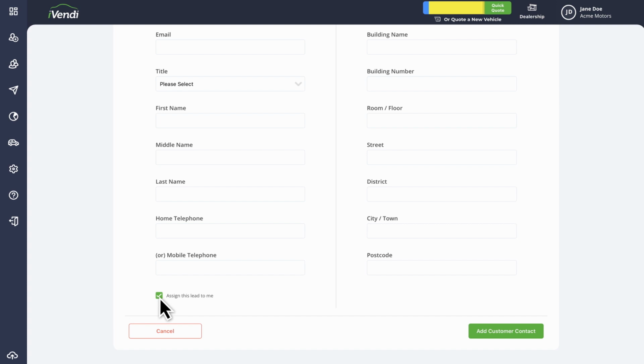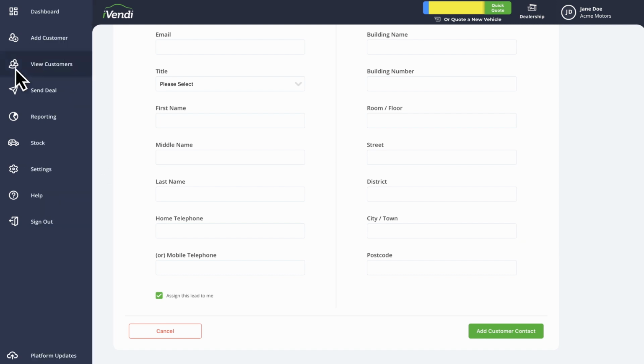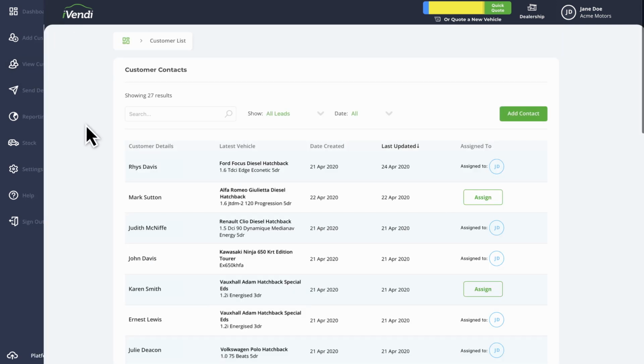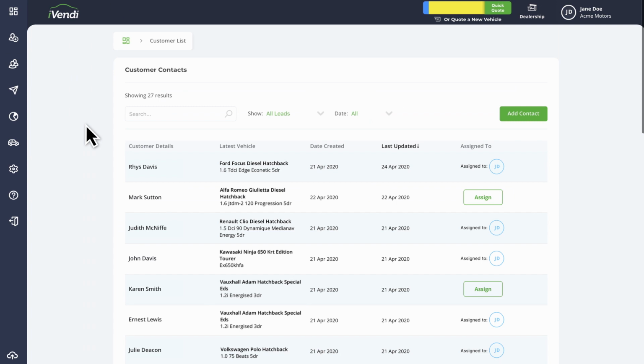Now that you've created a new customer record, you need to know where to find it. Simply select View Customers from the navigation panel to go to your full contact list. From here, you can either scroll through the list of contacts or use the available features to help you locate your chosen record. You can use the search bar to search for a customer record by the customer's name, email,